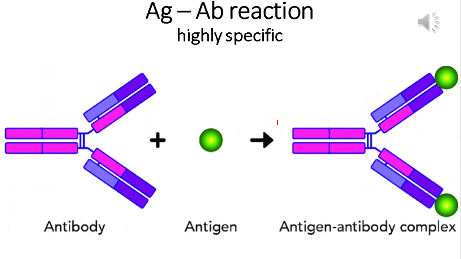You might have heard of antigens and antibodies. What's an antigen? An antigen is any foreign particle entering your body and capable of eliciting immune responses. And what's an antibody? An antibody is a protein molecule produced by some of the WBCs in our body. Whenever the antigen is entering the body, in response to it, antibodies are produced. And this antibody will combine with antigen. This antigen antibody reaction, formation of the complex, is the first step towards the destruction of that antigen.